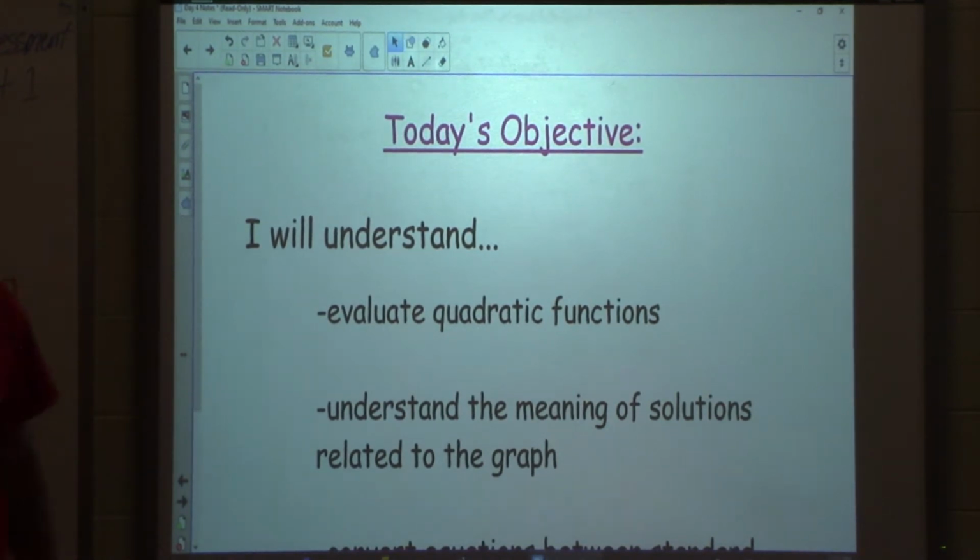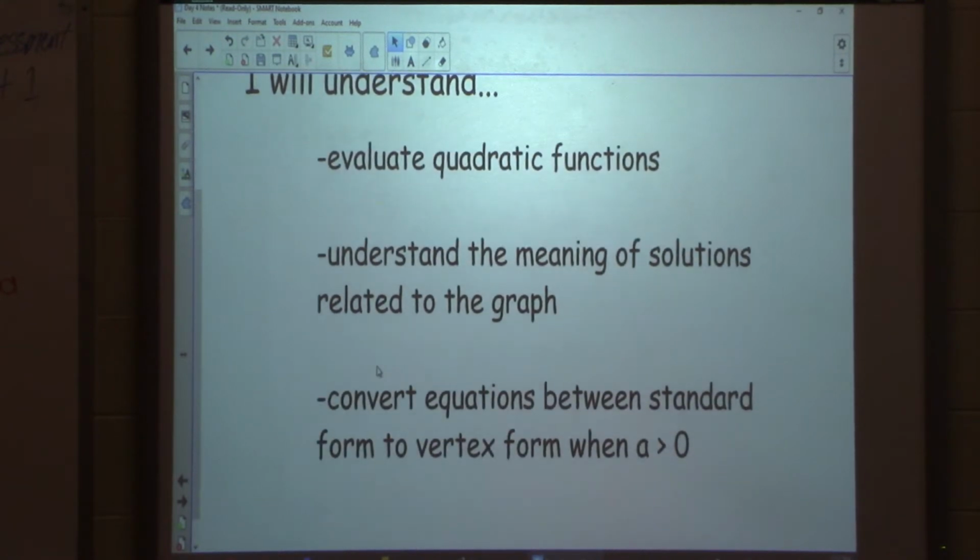We're going to evaluate functions. We've done this before, so this is old news, but we're going to practice it again. We're going to understand the meaning of solutions related to the graph. So when we talked about the graphs on day 1,